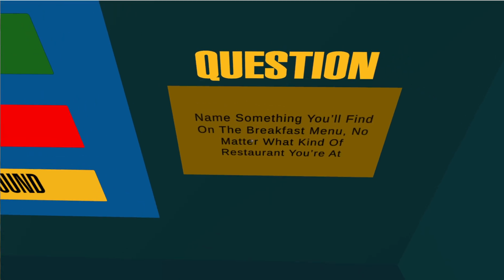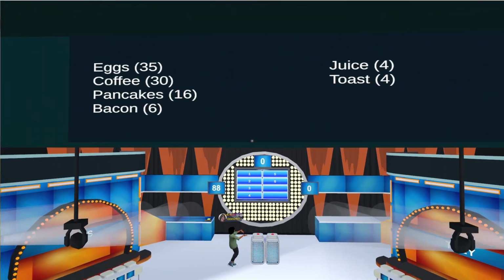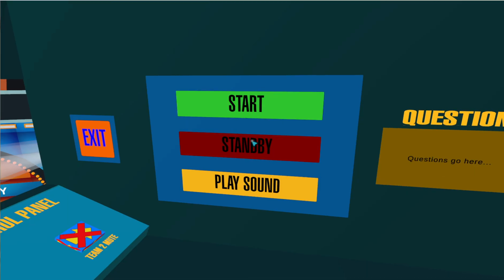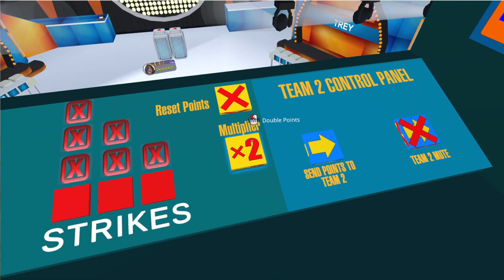Name something you'll find on the breakfast menu no matter what kind of restaurant you're at. And it'll put this up. Now, usually the way that Family Feud works is there's a total of maybe four rounds. There's two main rounds, and then there's a double, and then there's a triple. So what you would do is you would click the multiplier,